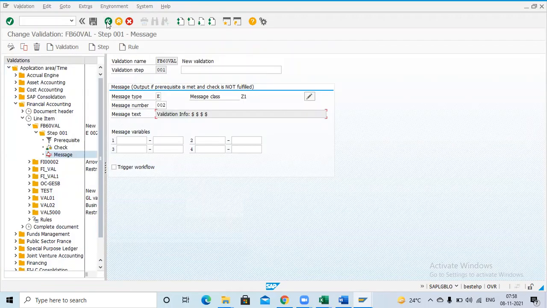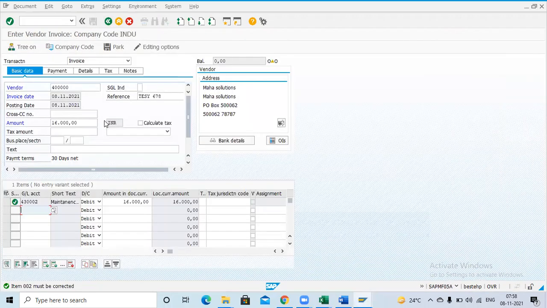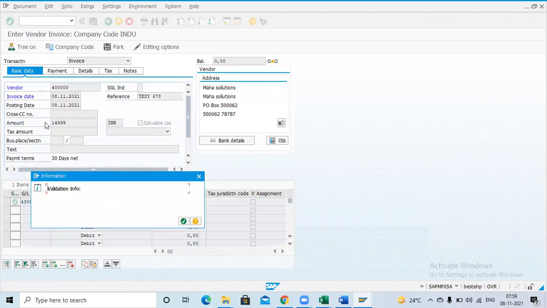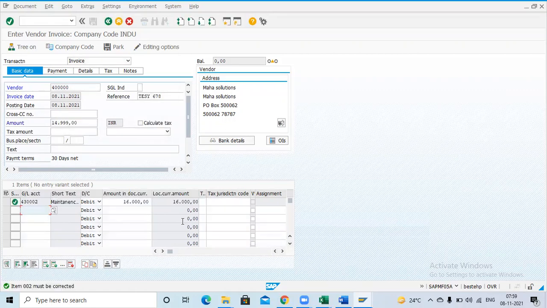Okay. So what is the process here? If you try to save the transaction, the system will not allow it. Now I'm trying to reduce this amount to 14,999. Enter. Enter. Just a minute.